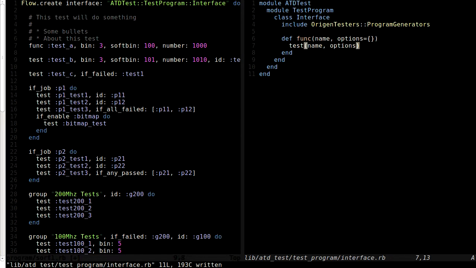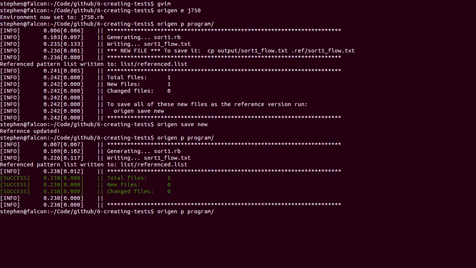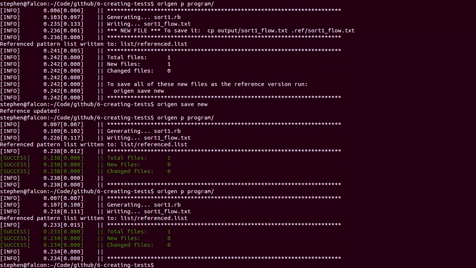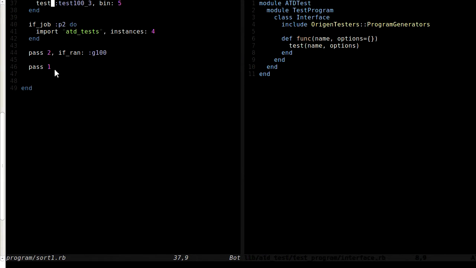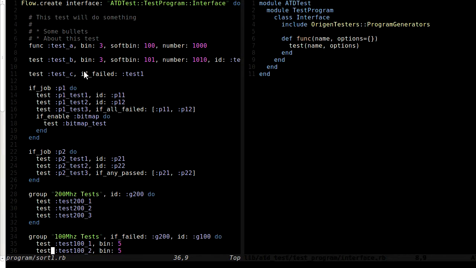So now that we've done that, let's go and regenerate to make sure that this is all working properly. So that's generated exactly the same thing, and that's really indicating that we are making the call now from here over to here, and this is where we are injecting the test. So let's make all of these functional tests for now, and then we'll change some of them later on to